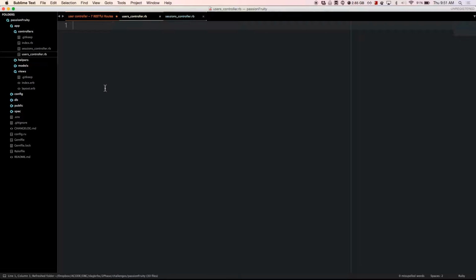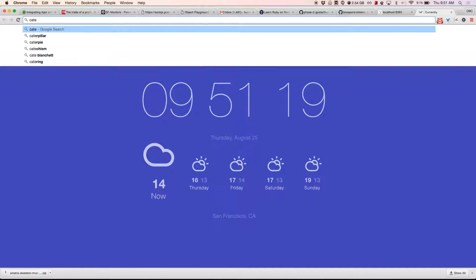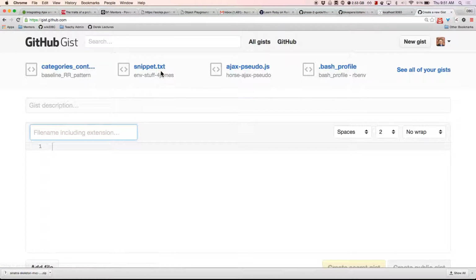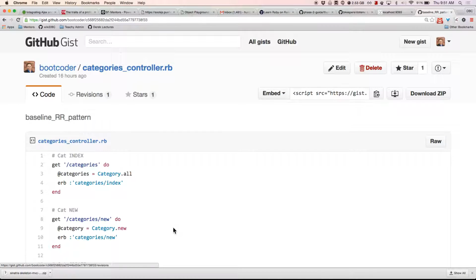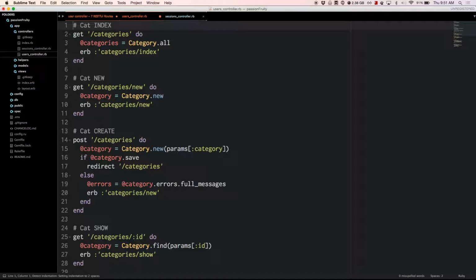So the user controller, do you remember yesterday I was showing you the categories thing and I was talking about how I could write the whole thing and it's no big deal because I was just following some pattern. Do you remember that conversation? Okay, great. So, here's that pattern that I wrote out yesterday. This is just the basic RESTful controller pattern, yeah? If I want to convert this over to a users controller,